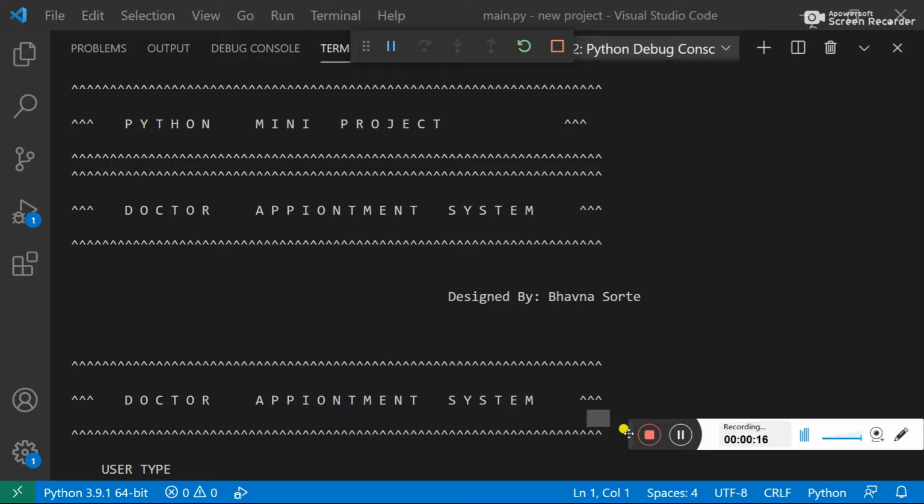Before I start my project, I want to tell you what kind of pre-built libraries I am using. Here I am using the gTTS library for text to audio conversion. I am using random for random password generation. I am using PrettyTable for table generation in a pretty way. And I am using validate_email for email validation. So let's start with our project.